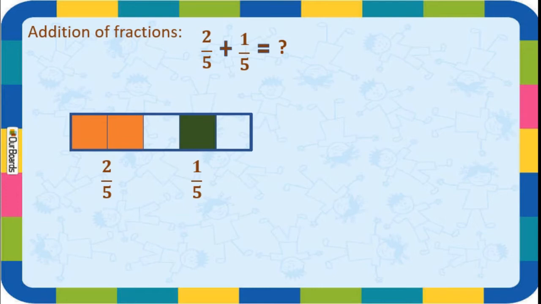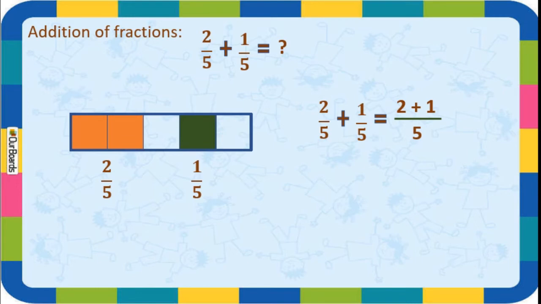Now from the picture we got the answer, right? How many colored parts are there? We got the answer, but according to the steps we will see: 2 upon 5 plus 1 upon 5 is equal to, here we will write the denominator and we will add the numerators. See, the numerator is 2 plus 1 and the denominator we have to write only one time, that is 5, because it is common. Got this, students? We are using this method for like fractions, meaning the denominator should be the same.